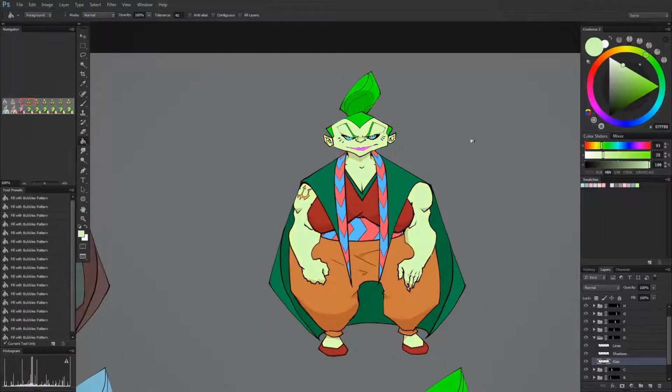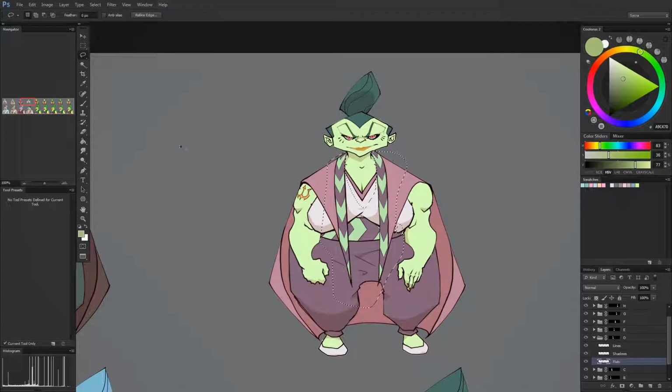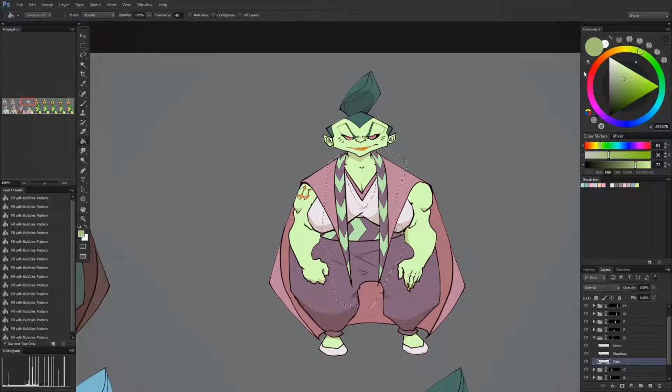But because of that, I'm having to turn up the tolerance on my fill and use a paint bucket. Because you might have seen previously what I do is I select areas of color and then I use Control U, the hue and saturation sliders, and I just slide it until I find something that looks good. In this case, that didn't quite work out right.